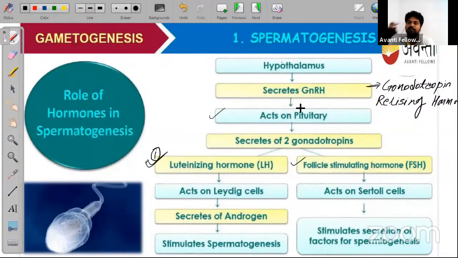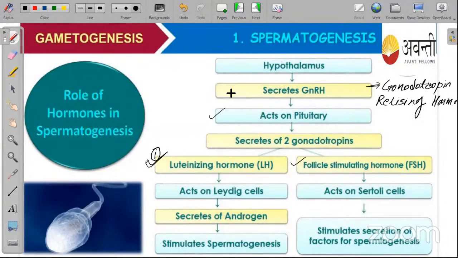So this pituitary gland is present here actually, where a woman applies the bindi. Okay, so this is the bridge of the nose, and on the top of the bridge of the nose, here the pituitary gland is present inside your skull. Okay, so उसके बाद क्या होता है, ठीक है. So here luteinizing hormone is secreted by the pituitary. This luteinizing hormone acts on the Leydig cell. Actually, this Leydig cell is present in the testis, you already know about it, Leydig cell and Sertoli cell. Okay, so this Leydig cell secretes androgen.